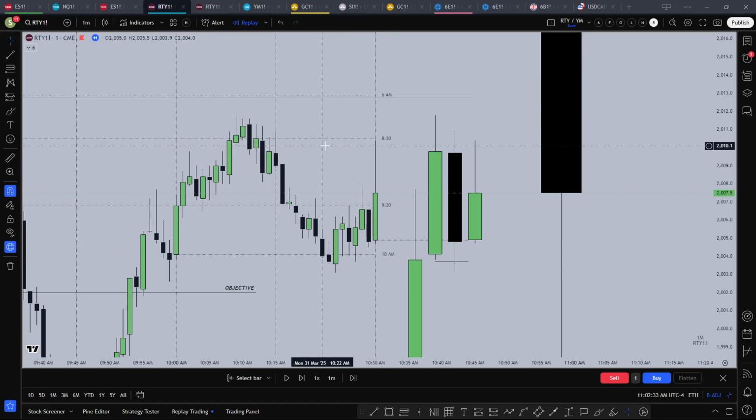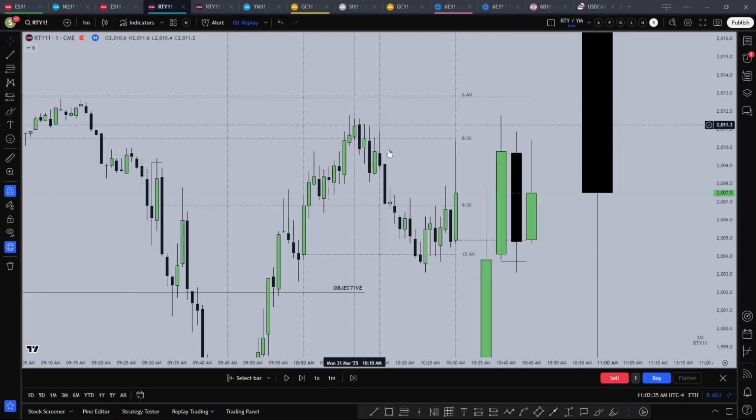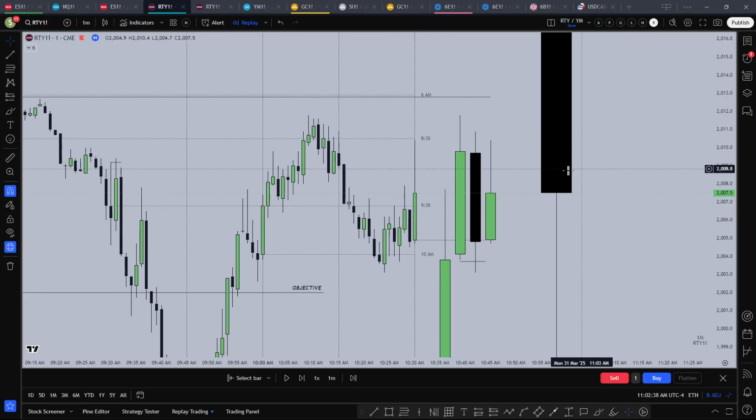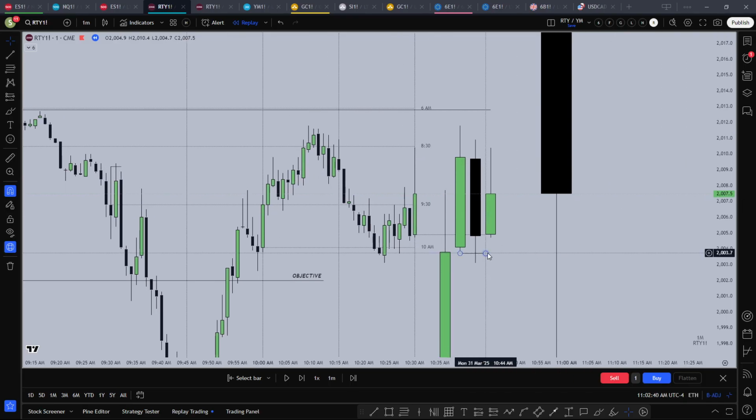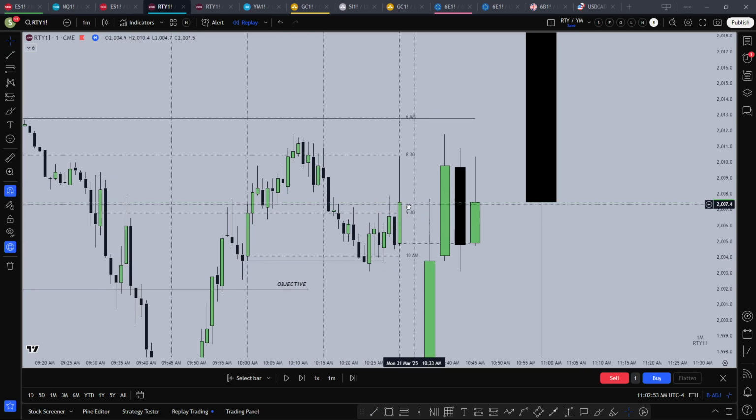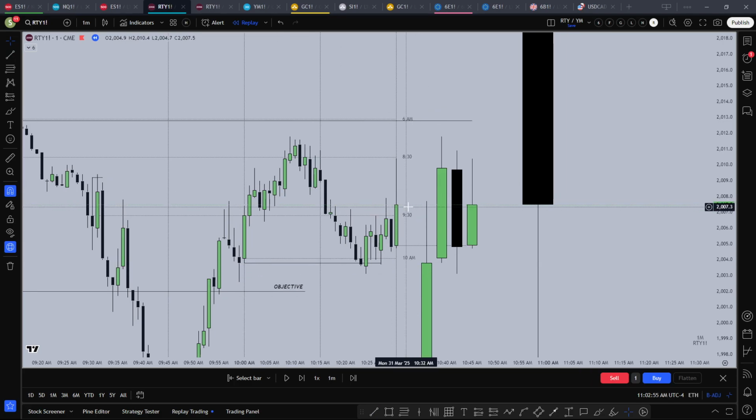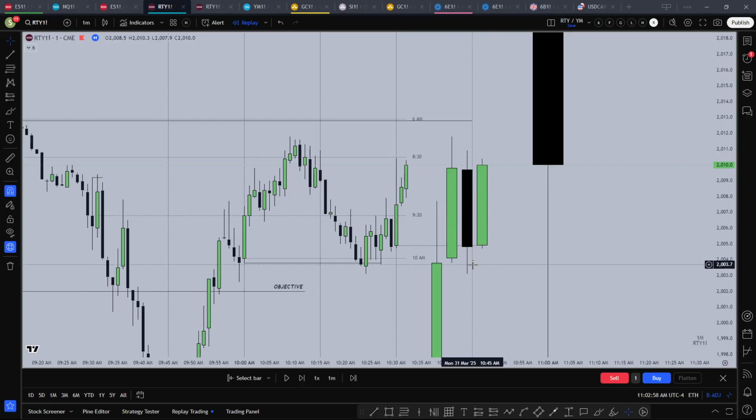Even though I have double-sided bias most of the time, I know how to profile it, so that ability gives me much clarity even while having double-sided bias. 10 am open, forming established low below 10 am open, immediately displacing away. So I can think 10 am open, low high close. This structure on intermediate time frame was taught yesterday only. 10 am open low, 10:30 displacing away from it.